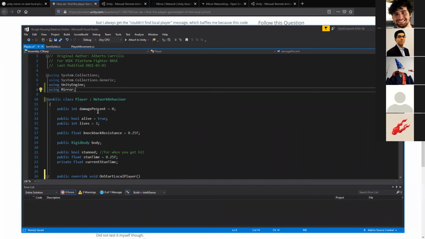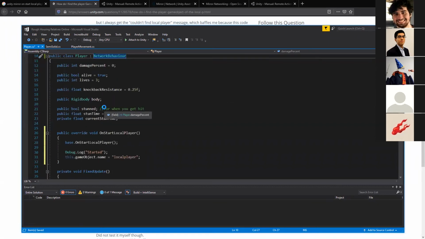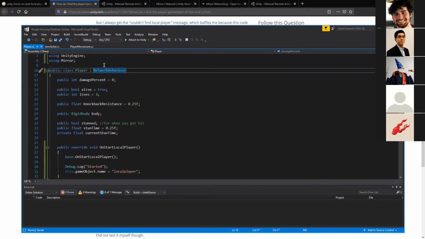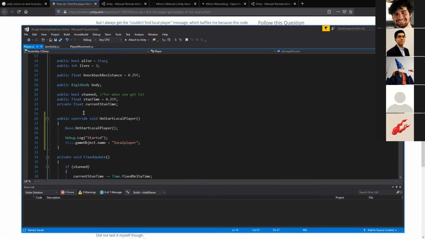Network behavior with a U. Yeah, it's network behavior with a U. All right, so I'm just going to reiterate, we can create our own onStart function that's for the local player,